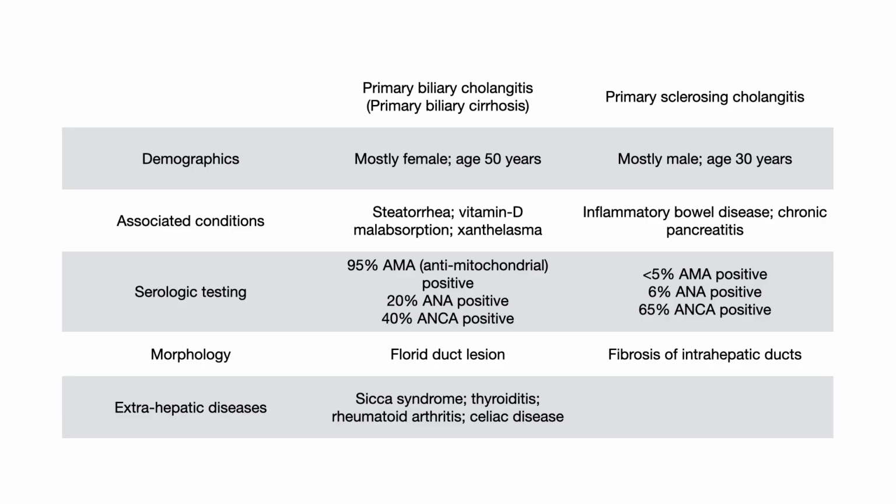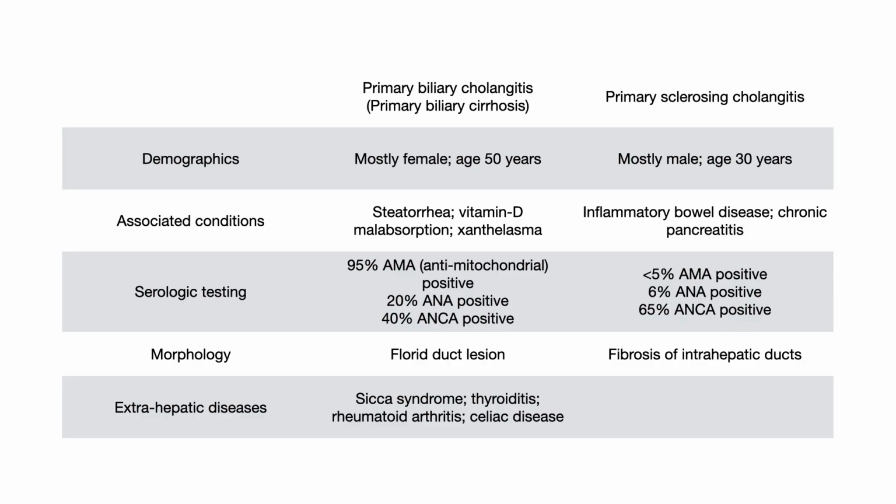So in comparison of these two, primary biliary cholangitis and primary sclerosing cholangitis: primary biliary cholangitis used to be called, when I was in medical school and for a period of time after that, primary biliary cirrhosis. Primary biliary cholangitis is mostly female, whereas primary sclerosing cholangitis is mostly male, both around similar ages, although younger in the male. With primary biliary cholangitis, you're obstructing the flow of bile, so you get steatorrhea, and you get